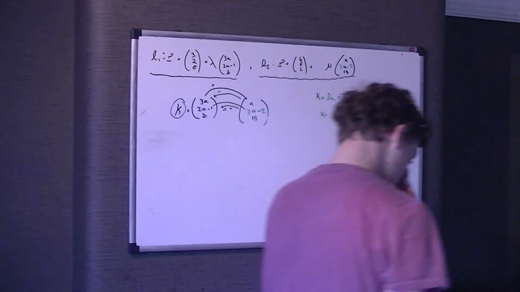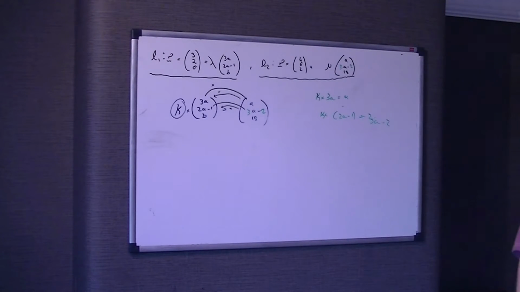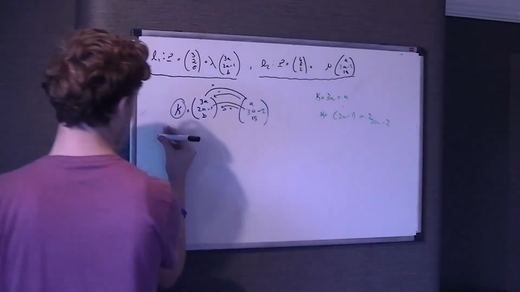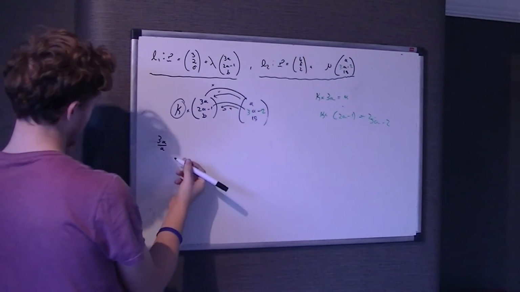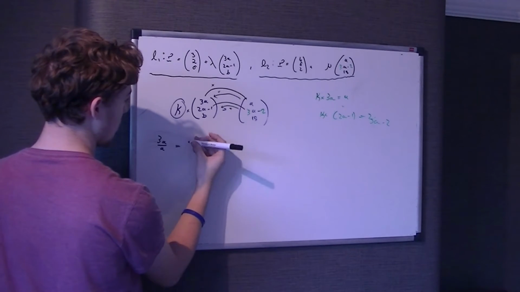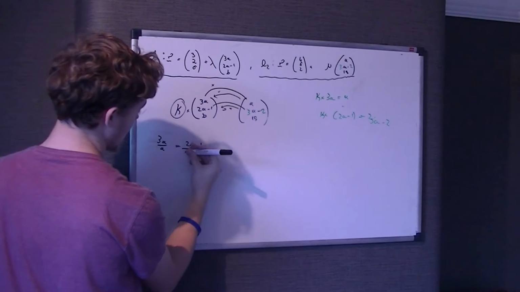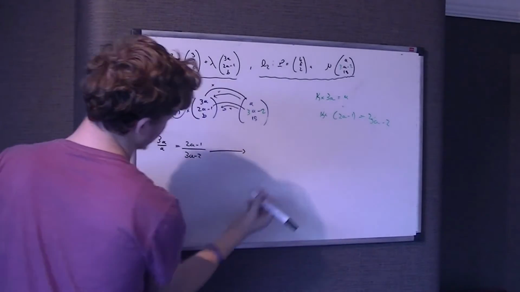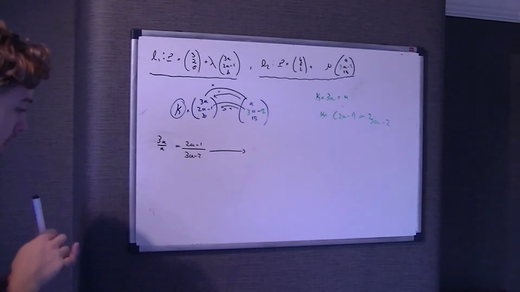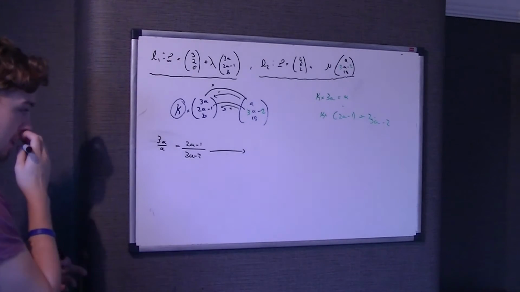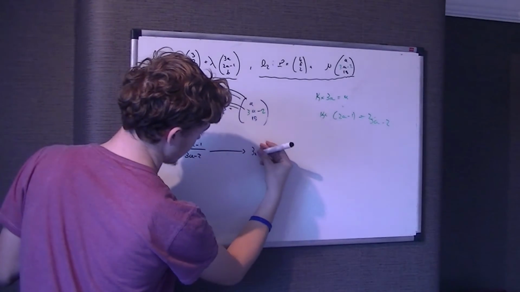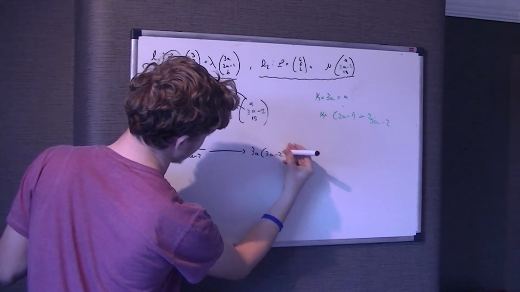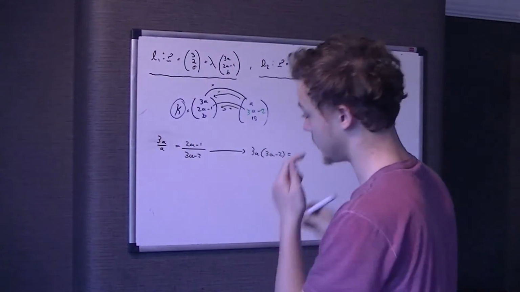So one sec, just make sure I do this right. Yeah, so I'm going to do 3a over a, and that's going to give me a constant, whatever it would be here. And then that is equal to 2a take 1 over 3a take 2. Now we're going to do it from here as we would if we were solving a rather basic equation. Times both sides by a and times both sides by 3a take 2. So when we simplify that down, it's going to get us 3a times 3a take 2, and that is equal to 2a take 1